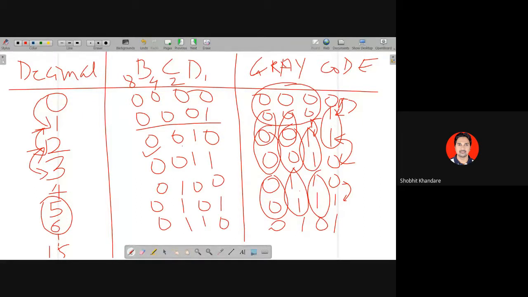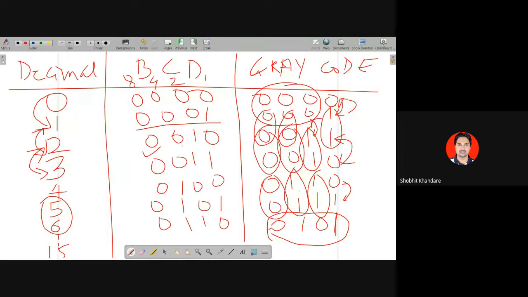Now second observation, as हमने पहले ही बोला था कि this is a non-weighted code. Why is it called a non-weighted code? क्योंकि अगर मैं आपको directly बोलता हूँ 0 1 0 1, see here on the screen, and I ask which decimal number this is equivalent to, you cannot say directly because it doesn't have any weight.